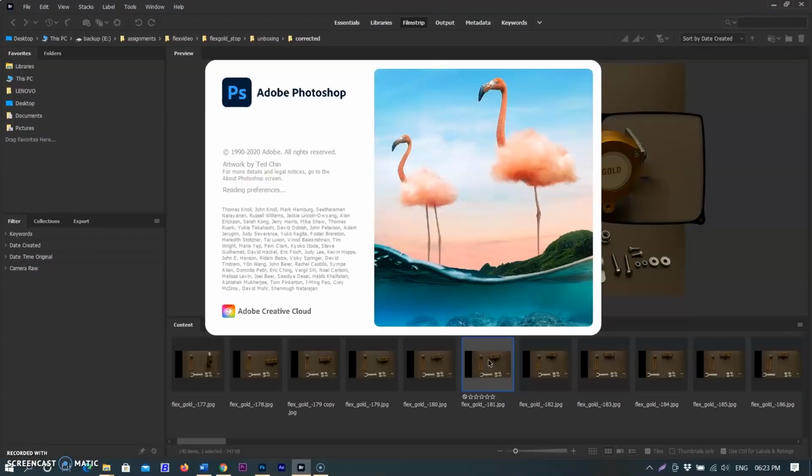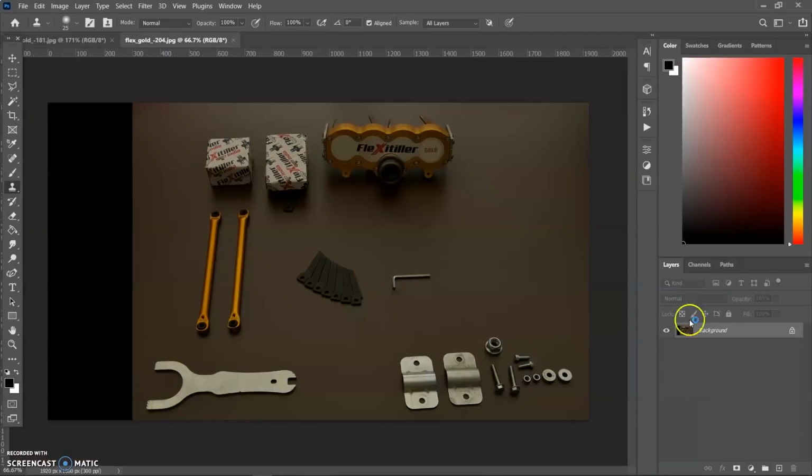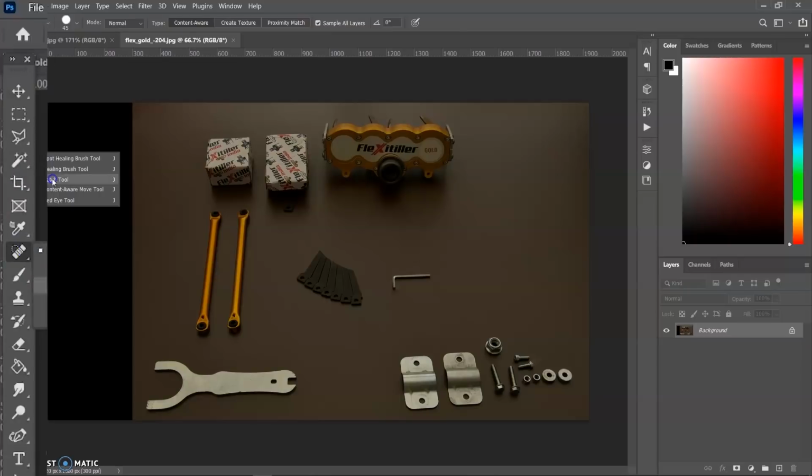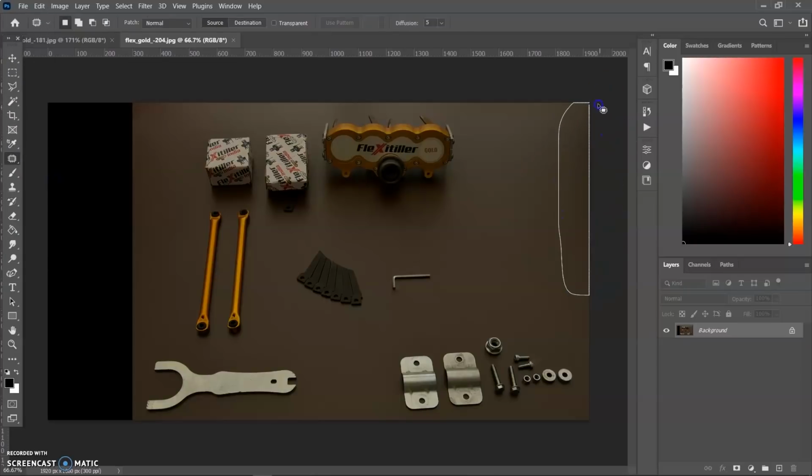I found one image had an issue, so I deleted it, and after that I am checking the images to edit. So click the image and it opens in the Photoshop workspace. I selected the patch tool to remove the dark shadow area. I have noticed this patch exists in all images, so it takes lots of time to edit hundreds of images.